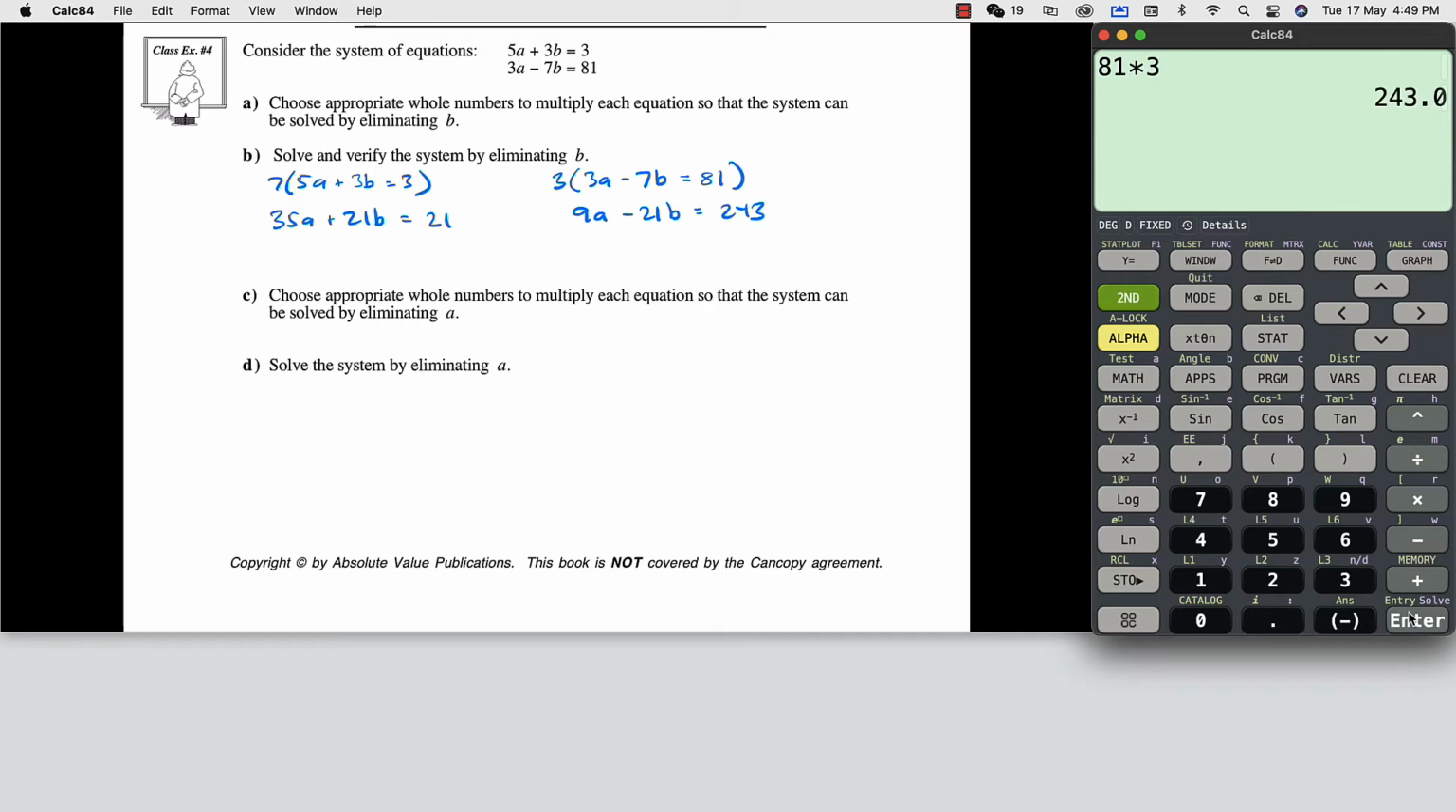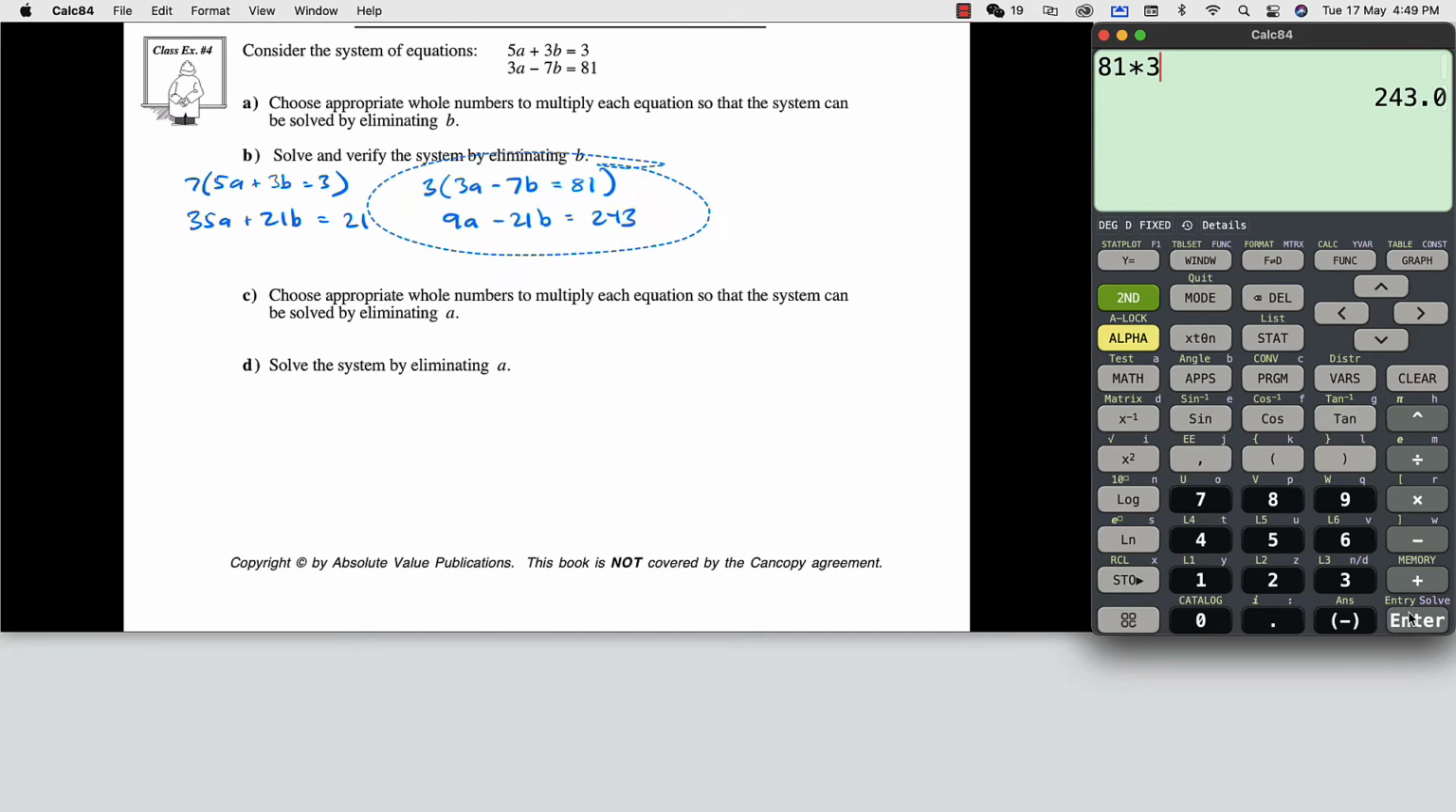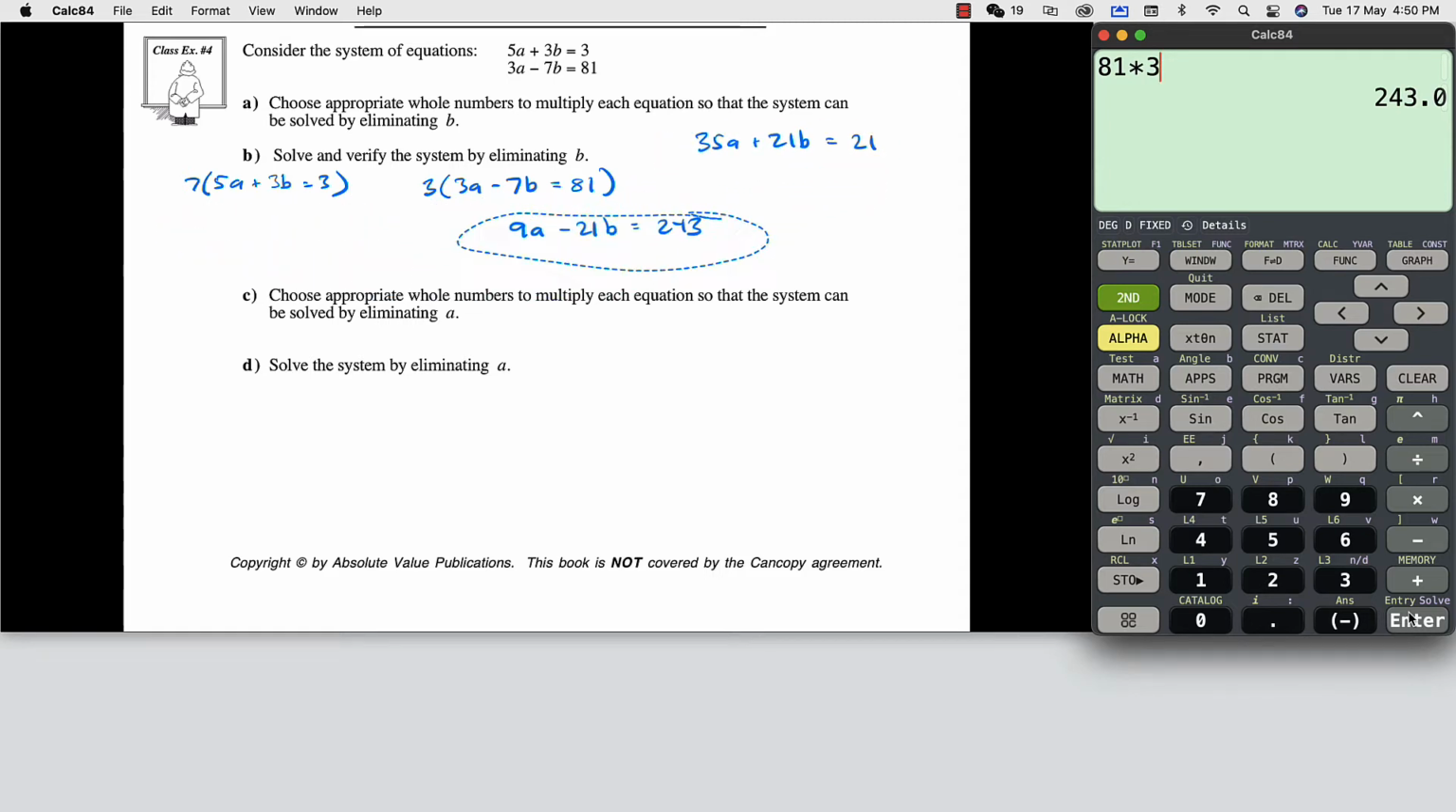And now we've got the same coefficient in front of b. They're opposite signs, so we're going to be adding them together. So I'll move that over, and I'm going to just move these around. I'll take this one right here, move it right there, and I'll take this one, move it underneath, and we are going to, like I said, add these together. So 243 plus 21 is going to be 264. We're going to kill the b's here, and 35a plus 9a is going to give us